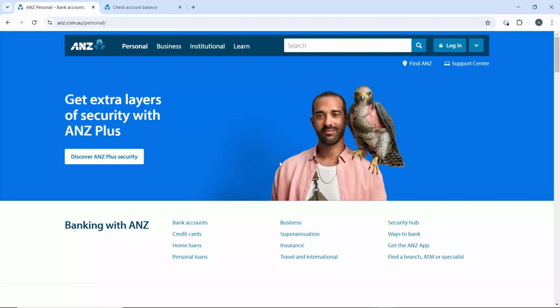Hello! In this tutorial, I'll show you how to increase daily limit on ANZ. Here's a step-by-step guide on how to increase your daily transaction limit on the ANZ Bank web app. The first thing you need to do is to launch your browser and go to ANZ Bank website by entering